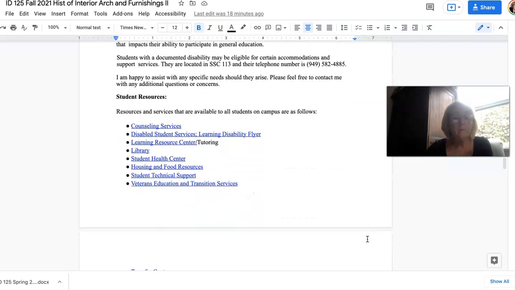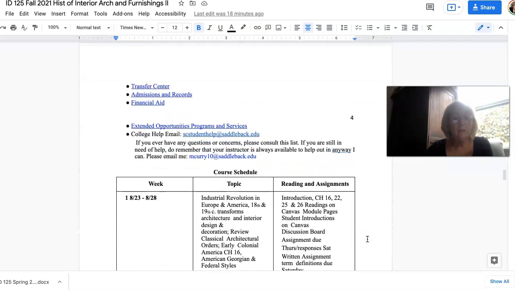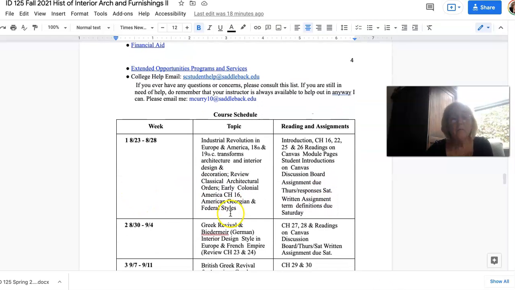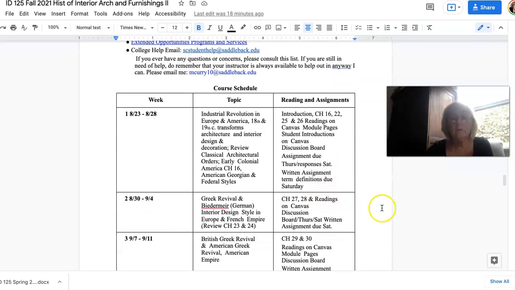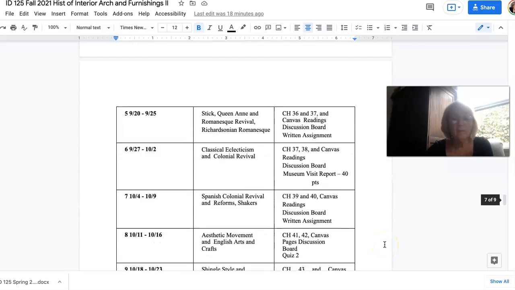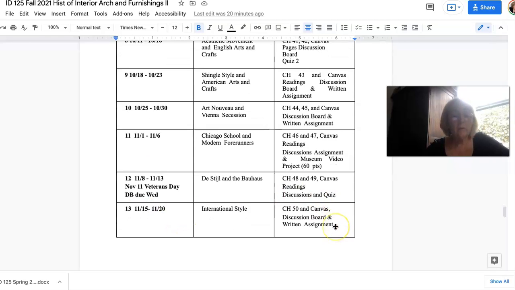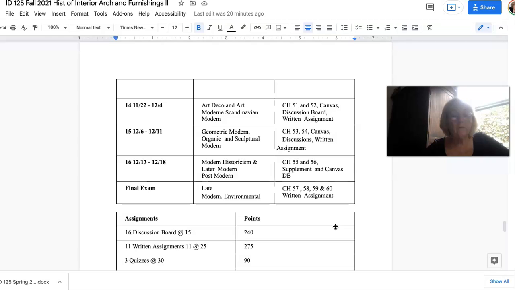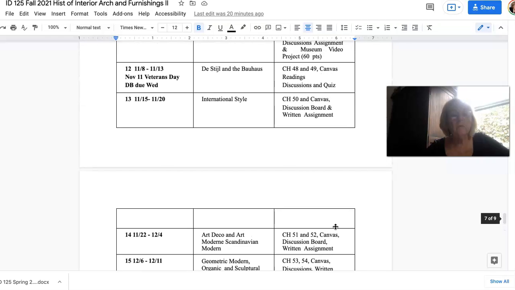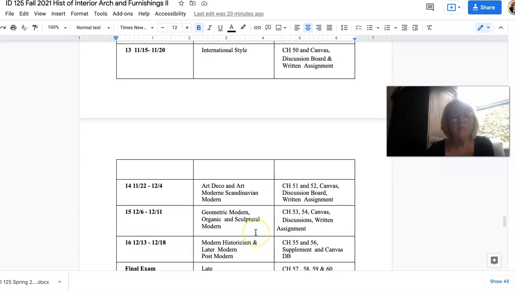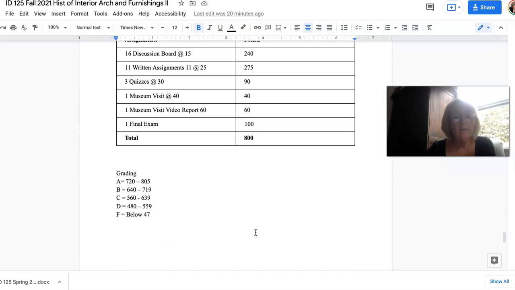There's other important resources for the campus right there, and then a course schedule by week. Week 1, and then the topics we're going to cover and the readings and assignments are described there. So each week is outlined for you. And when we get to Veterans Day, we still continue. We just go around the day and keep going. Same thing with Thanksgiving as well. We just extend the week into the next week after Thanksgiving. So your calendar's there, and then the point